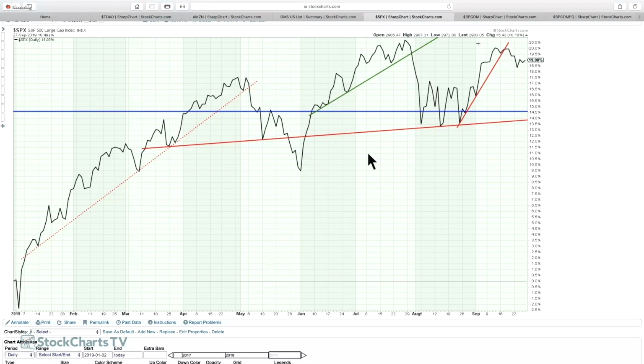Here we have January to now, and we're up 19% on the S&P 500. So that looks pretty good. But again, we were at 18% or something back in May. So we've had a little bit of improvement, but quite frankly, a sideways market for the last 4 to 5 months.